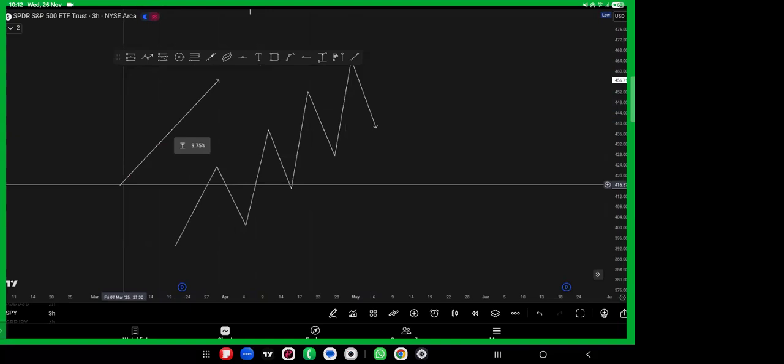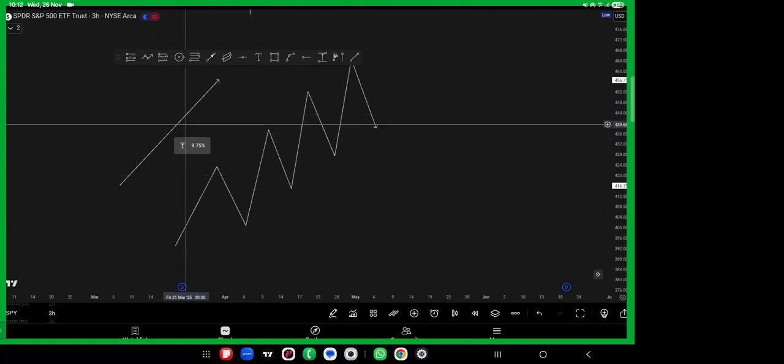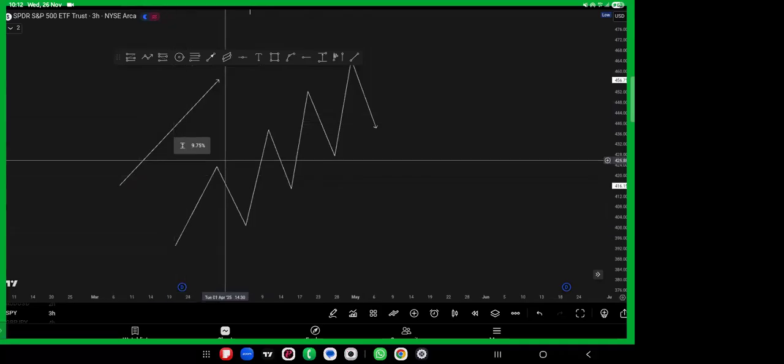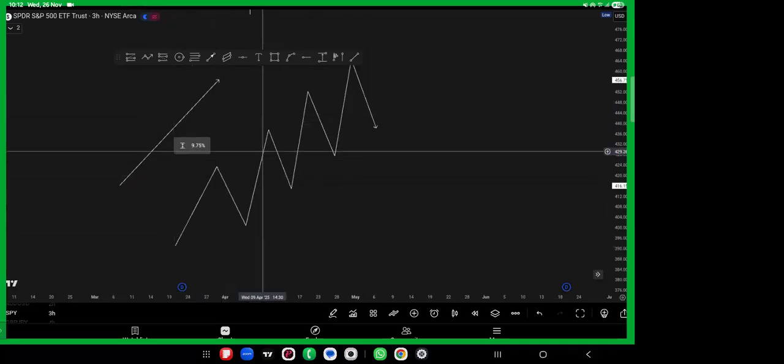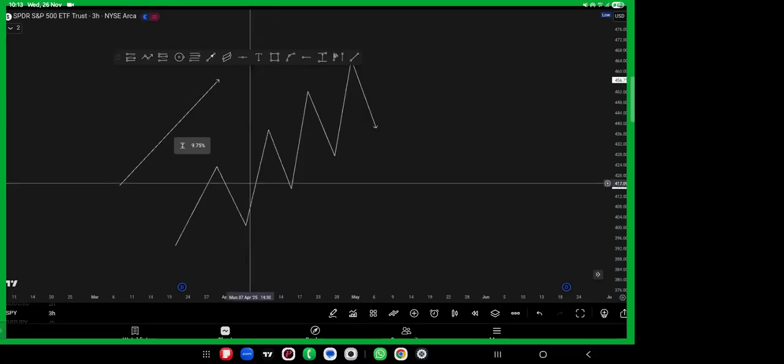But the major component of the trend is the impulsive move. Take for instance, this is the impulsive move, then a correction, impulsive move, correction, and all that. So they are basically almost the same thing, just that a trend is far stronger and usually occurs over a longer term. Take for instance, a market can be trending upward for a period of time, but an impulsive move can just happen once, probably just today. So that's the difference between a trend and an impulsive move.